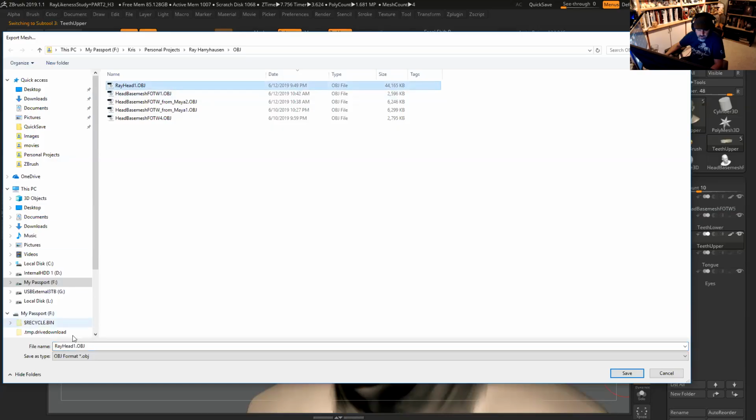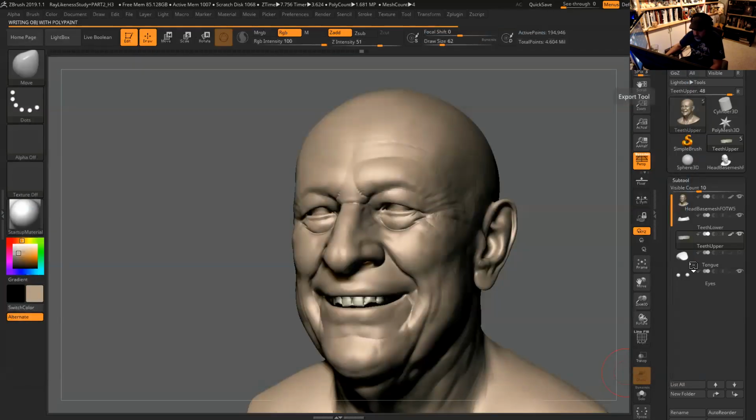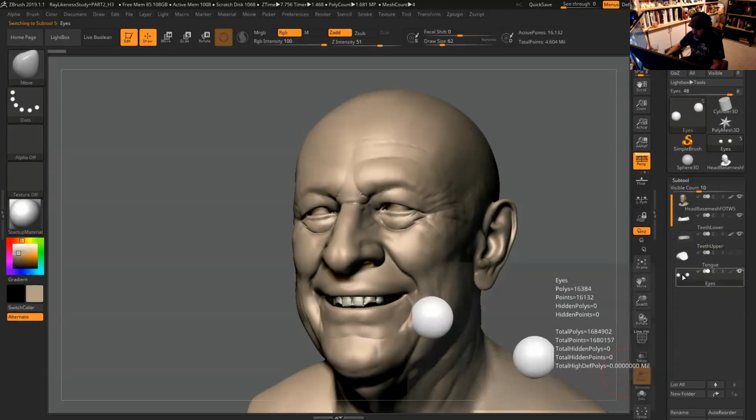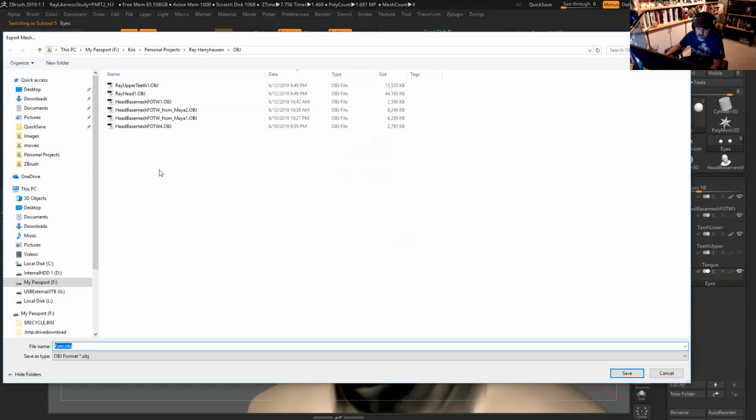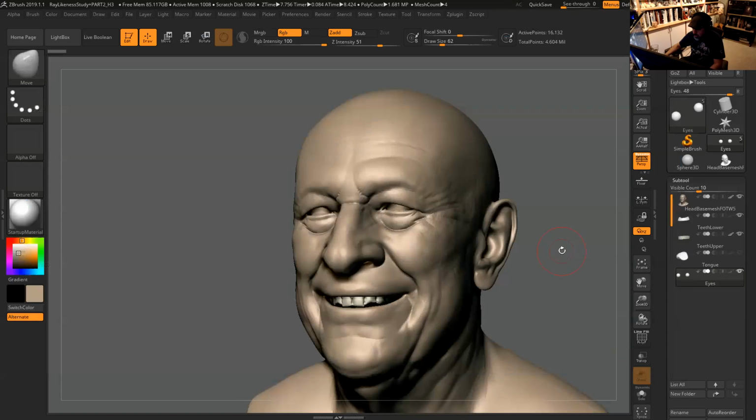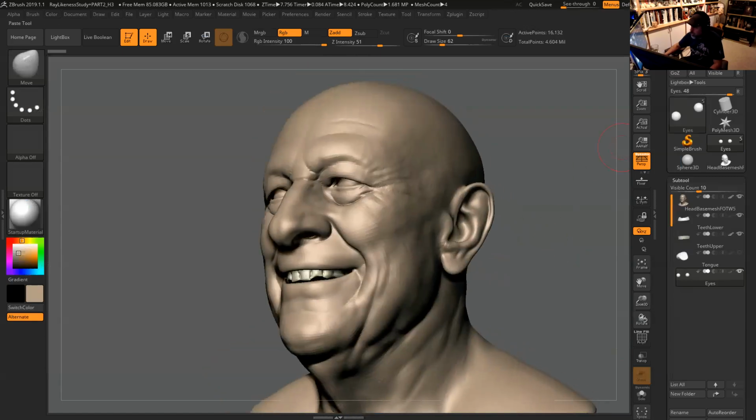That's going to be ray upper teeth 1. Lower teeth I'm not caring about at this point. So eyes. Let's do it. Eyes ray, eyes 1. Okay. And now we are set to do some renders.